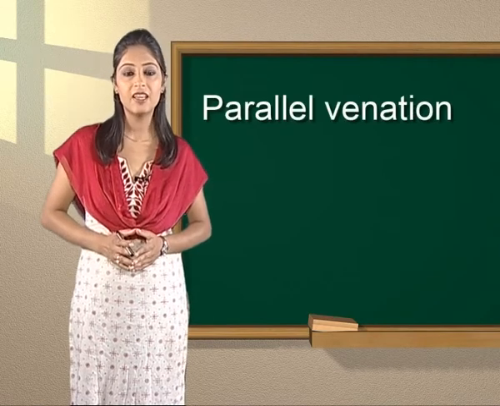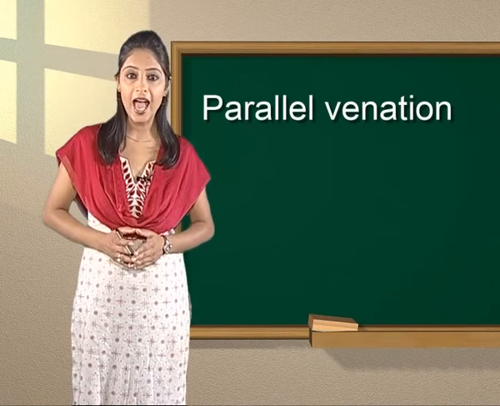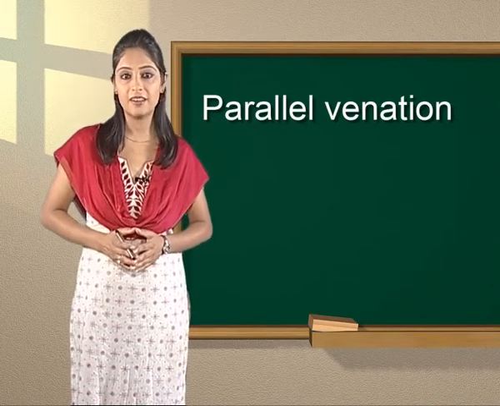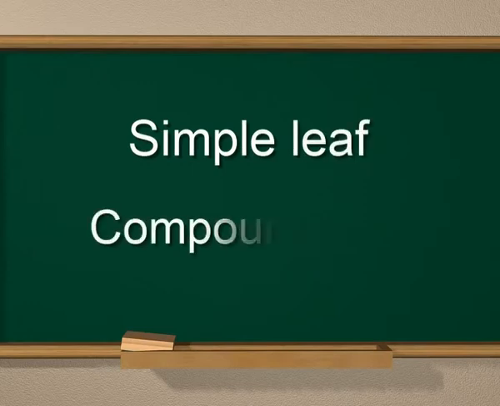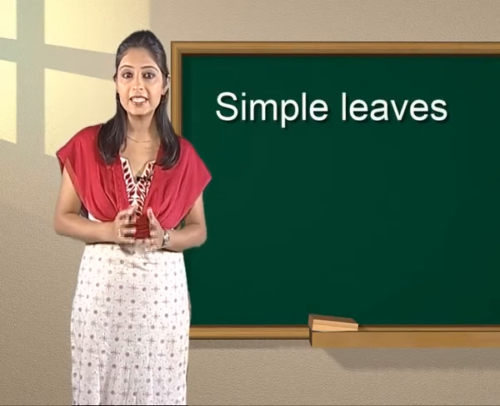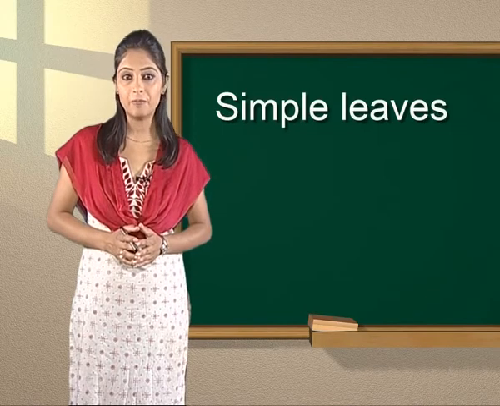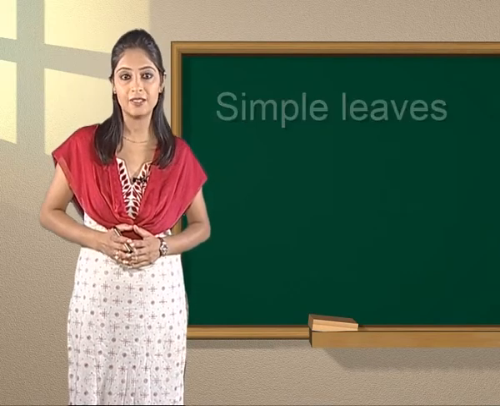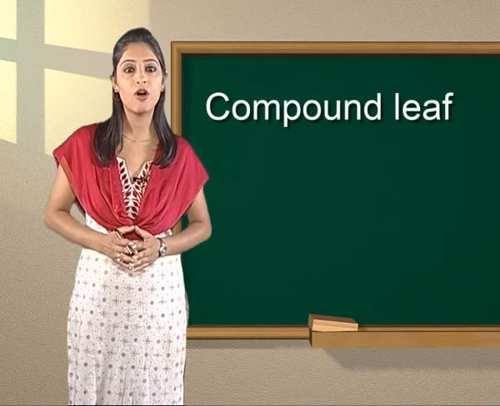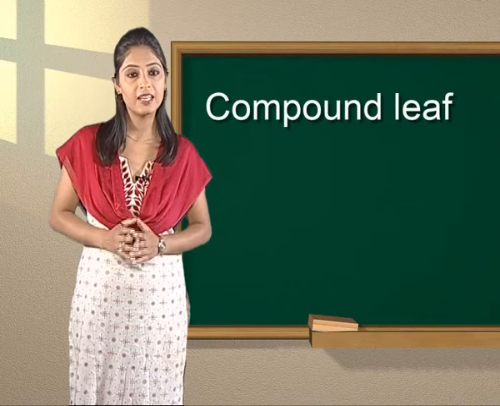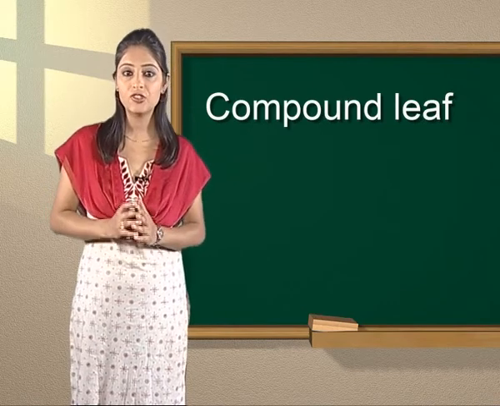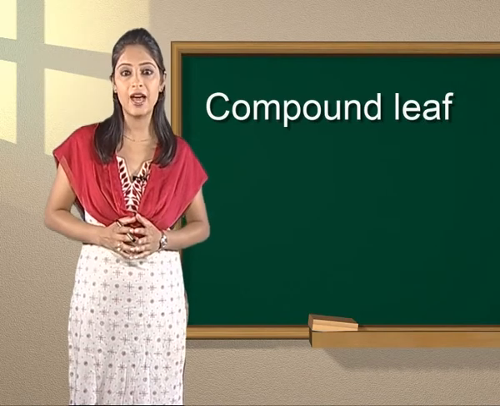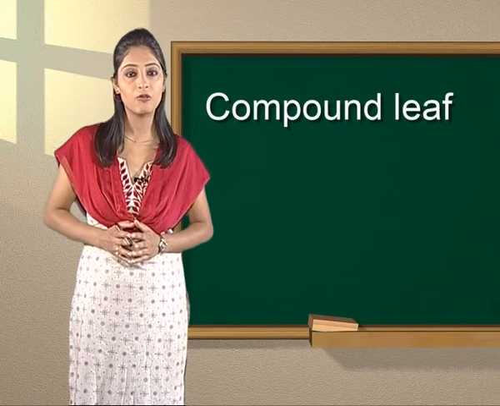In parallel venation, the veins are all similar in size and parallel or nearly parallel to one another. Leaves are of two types, simple leaf and compound leaf. A leaf is said to be simple when its lamina is single, entire or complete and not divided into distinct leaflets as the leaf of banyan tree. A compound leaf consists of several separated segments called leaflets. The leaflets are usually grouped in pairs around the elongated rachis that corresponds to the midrib of a normal leaf,